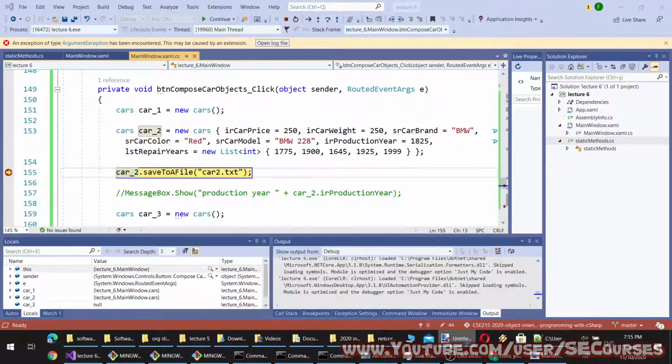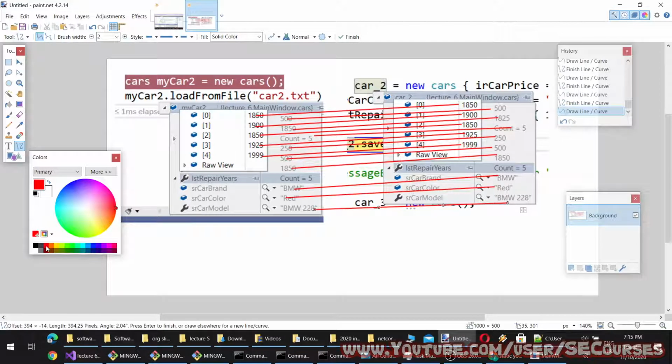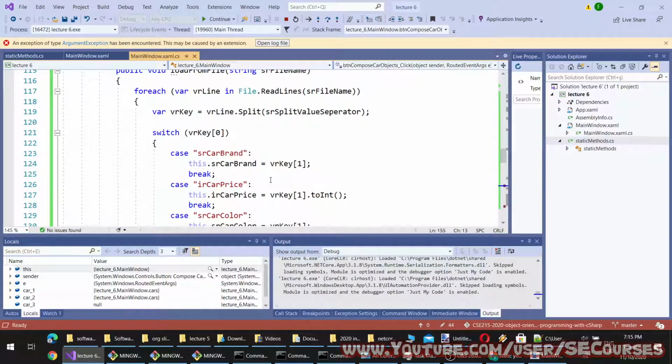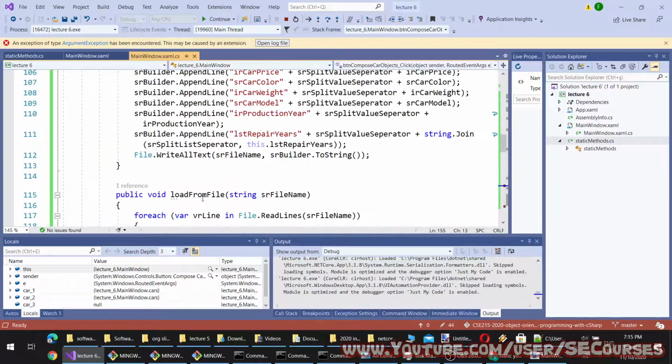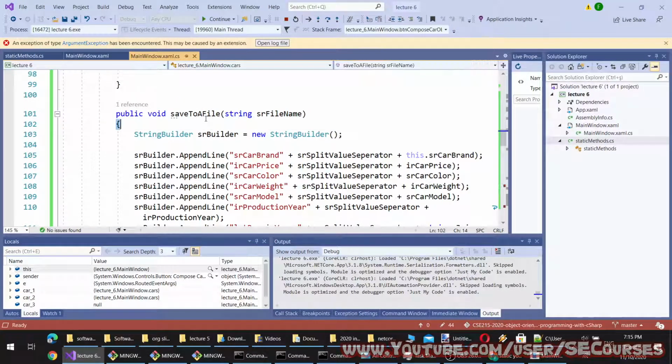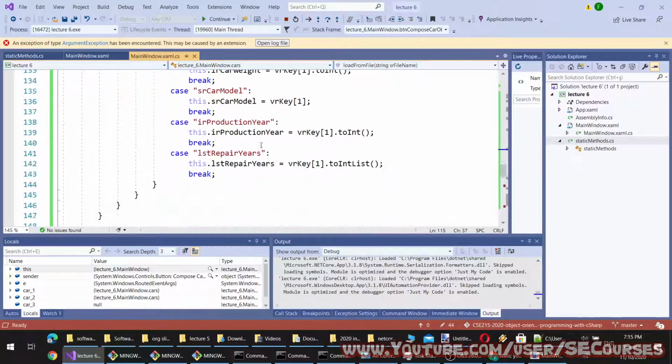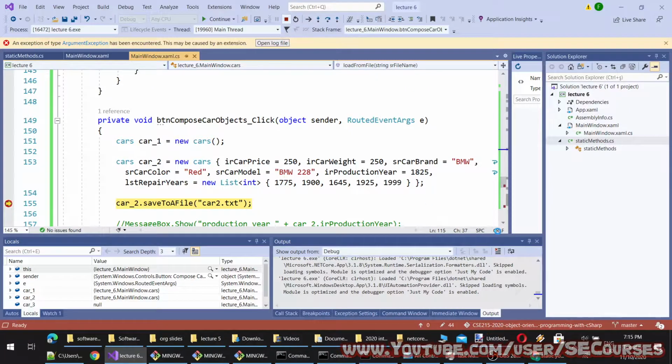So that is why only this value was different, but all others are the same. Therefore we can say that we have perfectly saved our object with our save to file method, and we have loaded it from the text file. Okay, I will take a pause here and I will continue later.